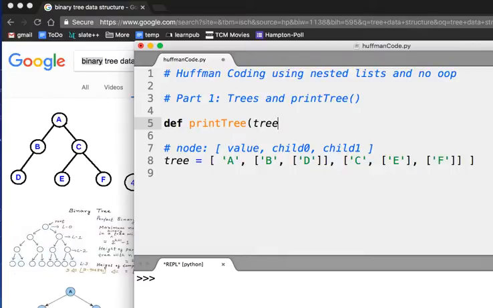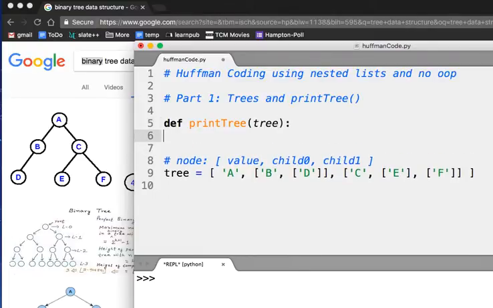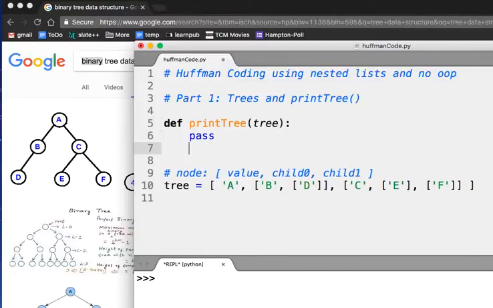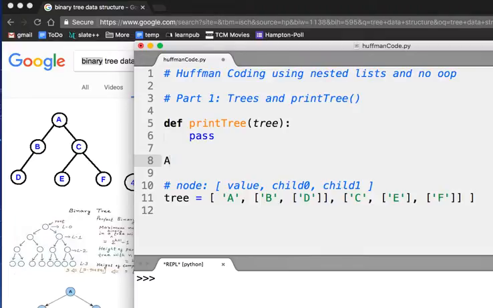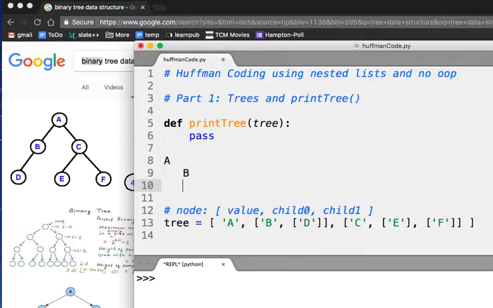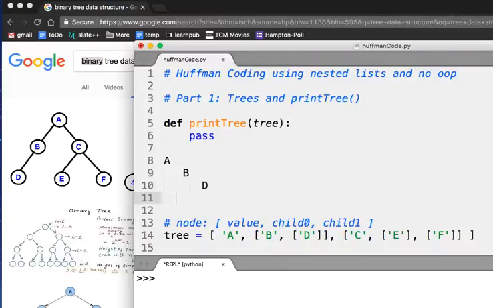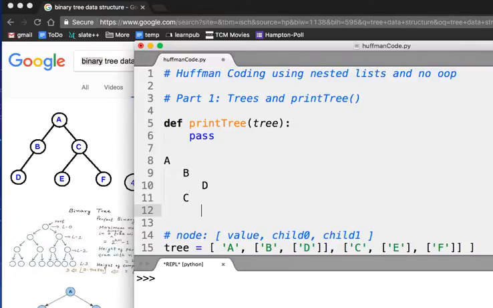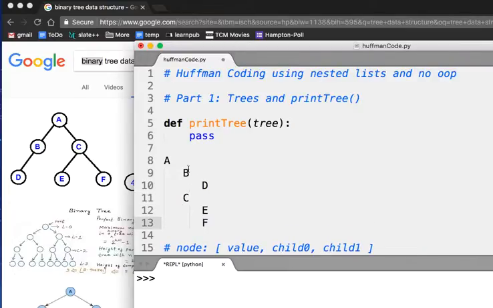It'll take a tree as we just defined, and what we want to do is print it like so. For this tree, we'd want to print A, B, D, C, E, F. So this says that it has a node A, left child is B, B has a left